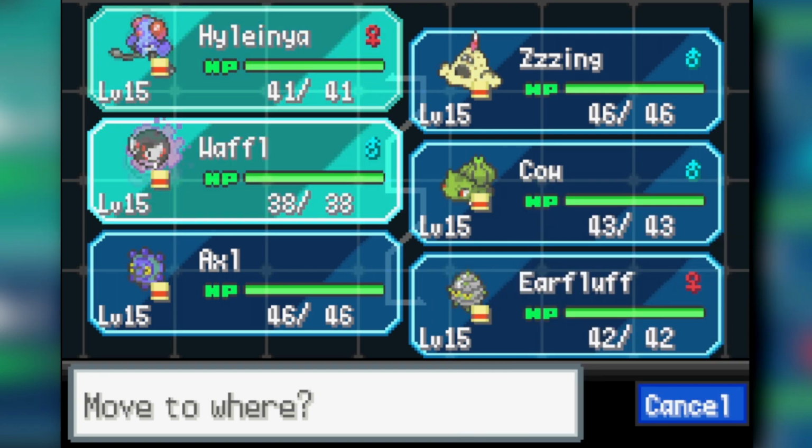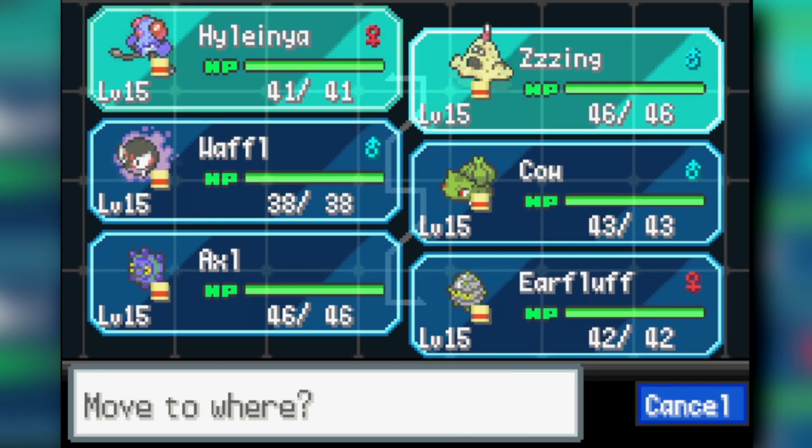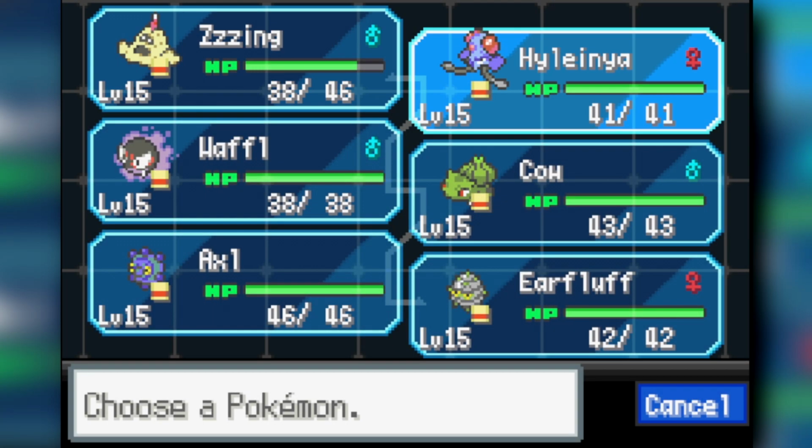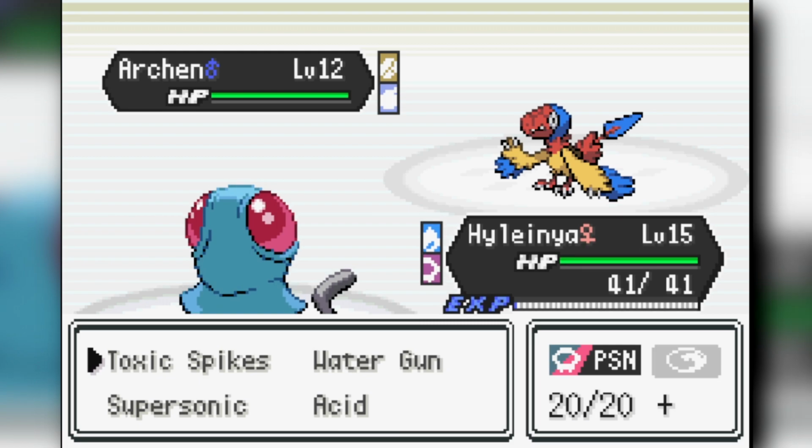So luckily enough, we do beat Falkner, which isn't too difficult. From there, we face off against Brock next. Brock is a decently hard fight. All we gotta do really is Will-O-Wisp the first Pokemon, which is gonna be Geodude, and then allow myself